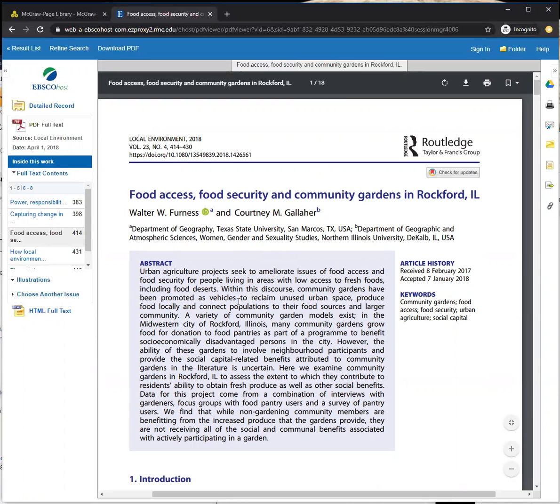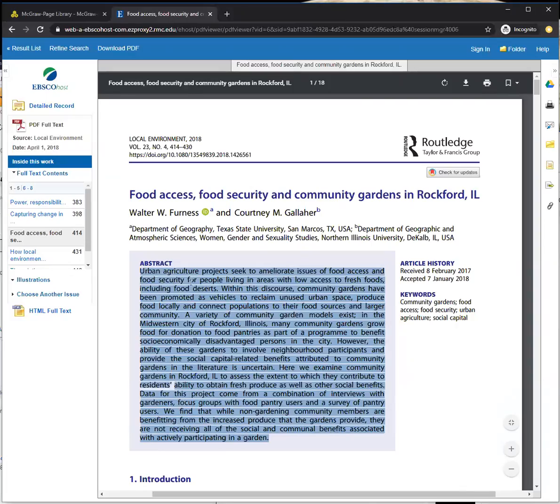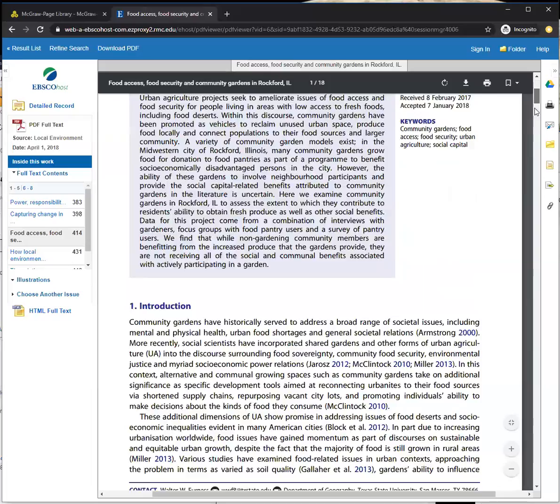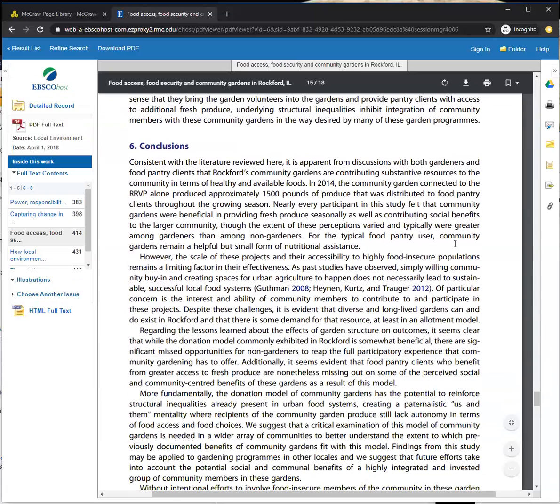The way this is written can also help you get through the results. We had 233 results previously, not all of them peer-reviewed, but to get through these, they provide an abstract. This is the entire article written and summarized in one paragraph. Super useful. Read this. If it's not interesting to you, skip it. You have more things to work through. And I have a secret for you. If this is interesting to you and you think this may work, read the very last thing, usually conclusions, or findings. Between the abstract and the conclusions, you will definitely know if this article is useful for you. Not only that, the conclusions can point you in a direction that may help for more research.